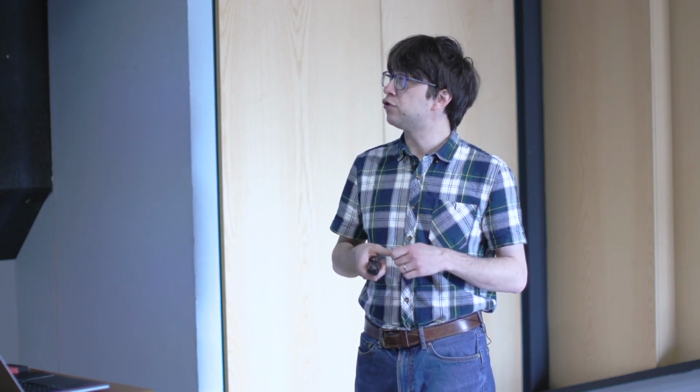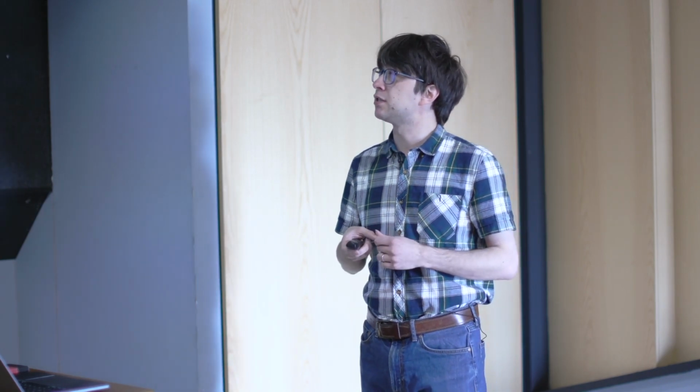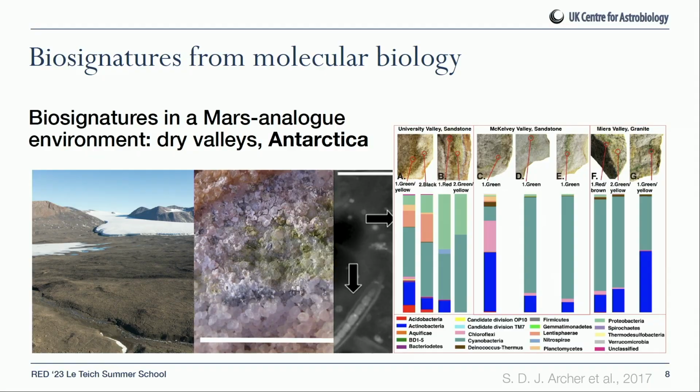In microbiology, and when we're studying extreme environments to look for analogues of the sorts of organisms that might survive on Mars, we often rely on a very different type of biosignature, which is essentially sequencing the genomes of the organisms in the environment. And we can go to places that are in some ways analogous to extreme environments on Mars, like the dry valleys of Antarctica, which are very cold, very low water activity. We can find microorganisms like these endolithic cyanobacteria living inside the rocks, as well as other bacteria. We can sequence their genomes using modern molecular biology techniques,